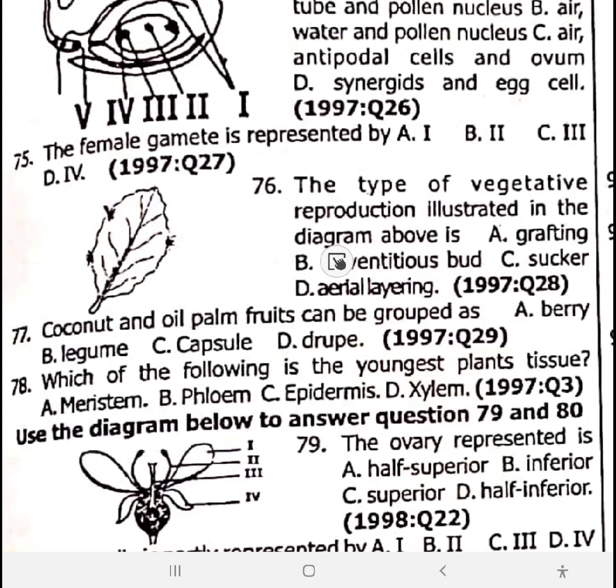And an example of a plant that undergoes this is called Bryophyllum. Bryophyllum. 77. Coconut and oil palm fruits can be grouped as